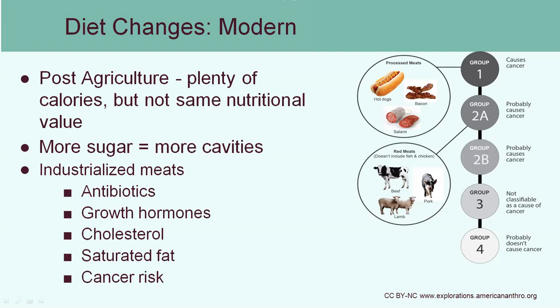Modern day meat farms are also adding things to the animal that wouldn't exist in wild game. For example, antibiotics are often fed to these animals because they are in close proximity to each other and we want to keep them healthy. They may be provided with growth hormones to make them mature faster and build up muscle mass faster. They're going to be higher in fat and cholesterol because, as I said, the farm animals aren't wandering around like their ancestors would have. And there's also higher cancer risk with many of these foods. So in the chart on the right, you can see that things like processed meats, which add a lot of salts and different chemical preservatives, have a much higher risk of causing cancer than other types of foods.